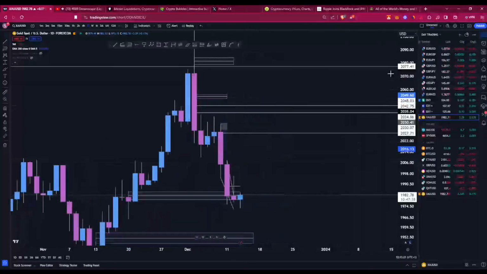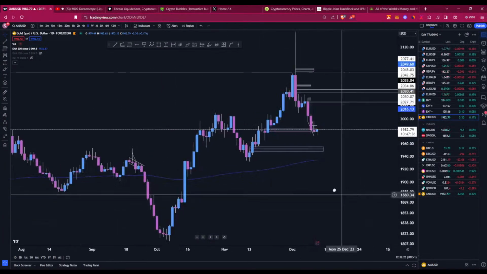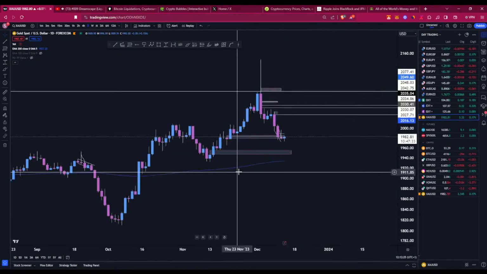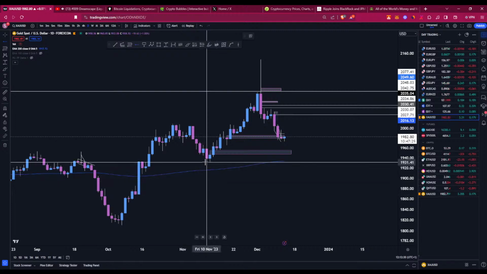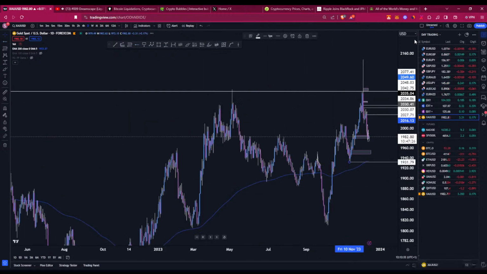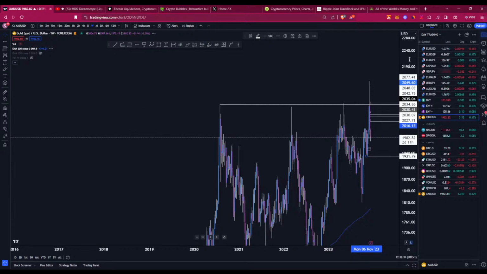So yeah, back to gold. What I'm a little bit confused about with gold is, I don't really know if, because look, if I go into the weekly,